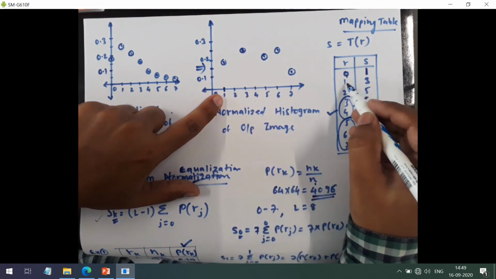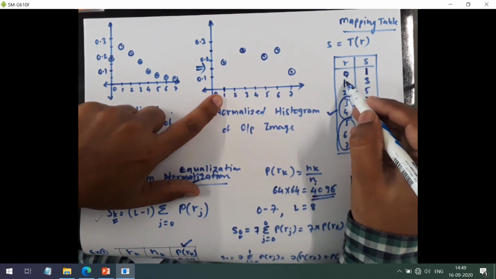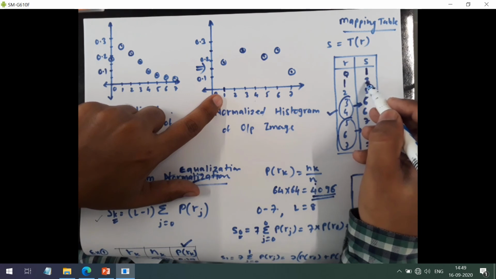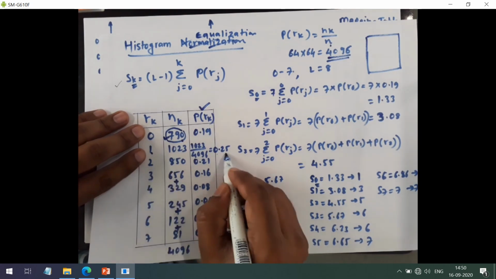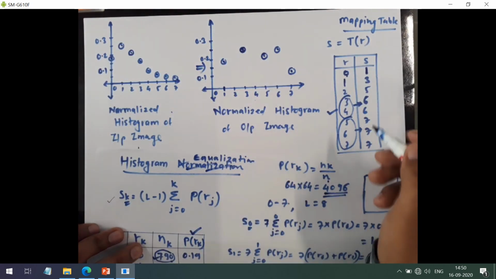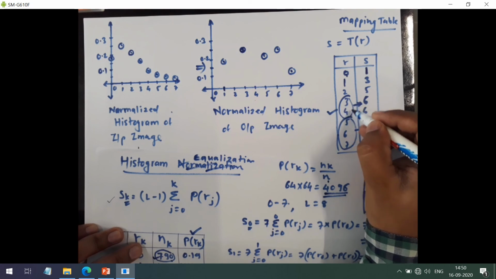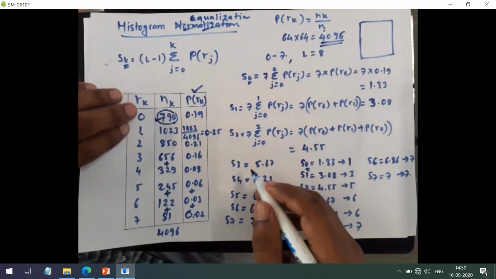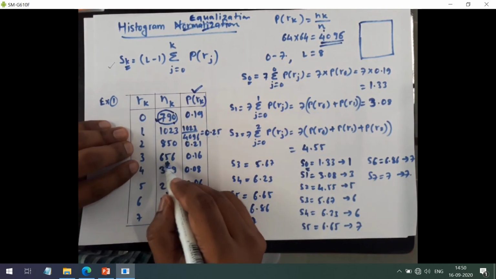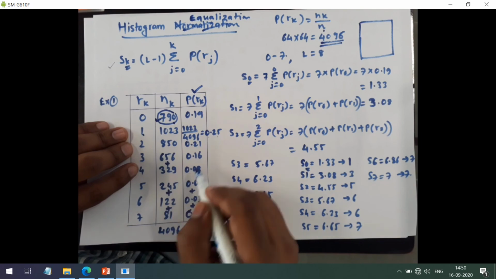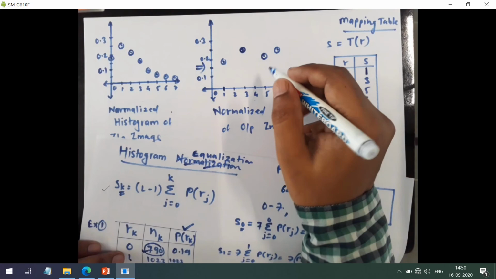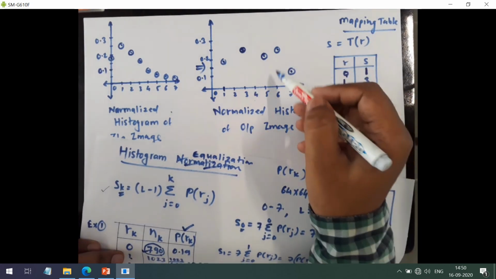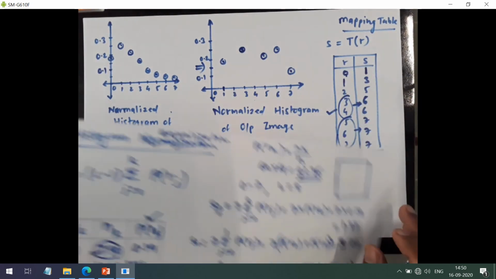Then the pixels with intensity 1 are mapped to 3, okay. How many pixels are mapped to 3, okay. So which is 0.25, okay. So you plot that. Then here these two intensities are mapped to 6, so you have to add the number of pixels having these intensity values, that is 656 plus 329, okay. Which in normalized score will be 0.24, okay. So we'll map 0.24, which is mapped here, okay. So this is the normalized histogram of the output image.